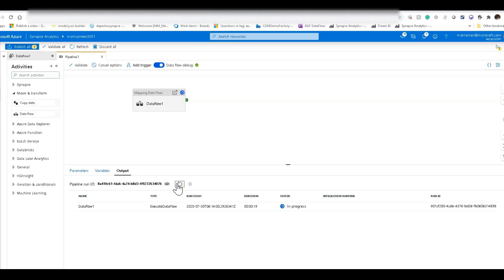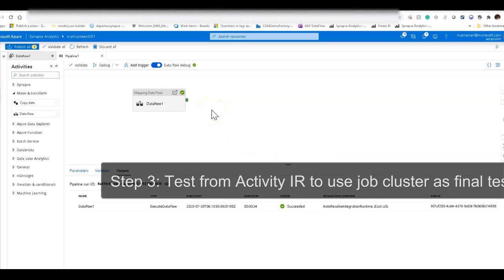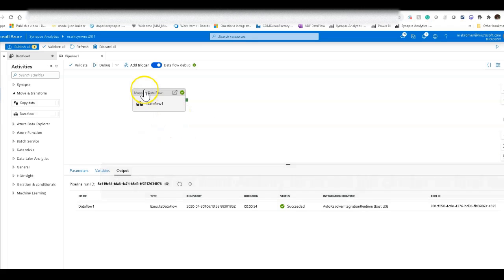And if you want to use your activity for more testing from the pipeline, and you want to also test it from a job cluster, so a job cluster from the perspective of Spark is what is used when you execute your data flows from a pipeline that has been triggered or is operationalized, you can now test that in that environment without needing to publish it. Today, what you would do to get that same sort of experience is you would have to add a trigger and use Trigger Now. But Trigger Now executes the published or pushed version of your Data Factory from the live Data Factory, Azure Data Factory.